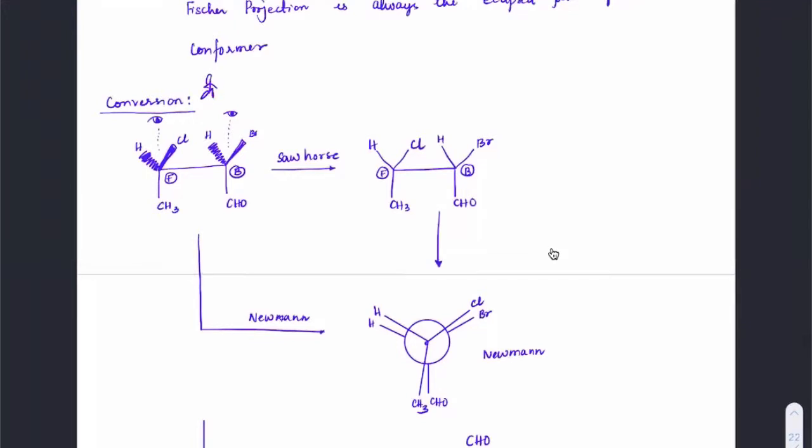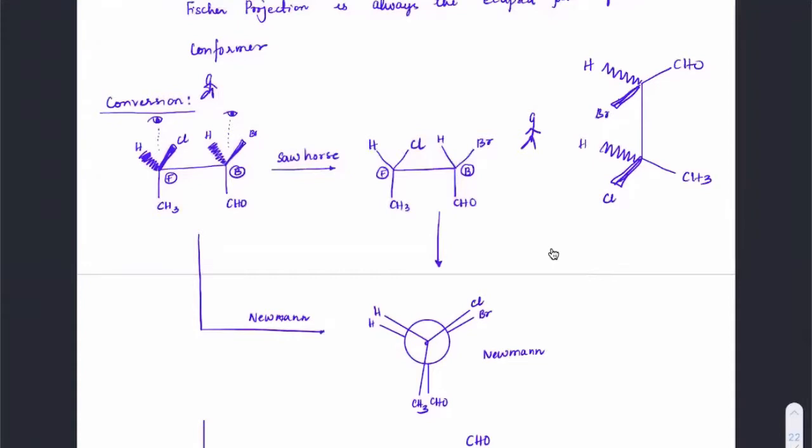So when you stand here and watch it, how does it appear? See, same thing, I'll put it in 3D in a side view. In a side view, maybe that should help you. Like this. There is CHO and CH3 here. This is from the side view. As if this hydrogen was going inside like this, and this was coming outside. This one was going inside, this one was coming outside. This is bromine, this is hydrogen, this is chlorine, this is hydrogen, and you are standing here and watching.